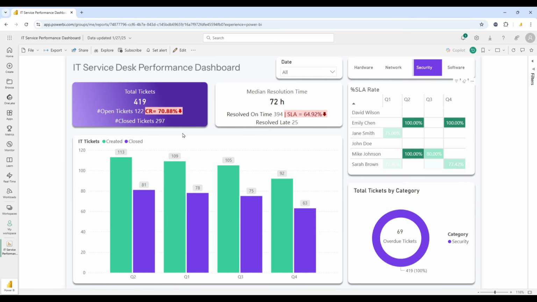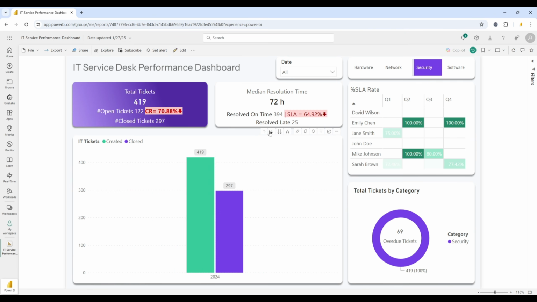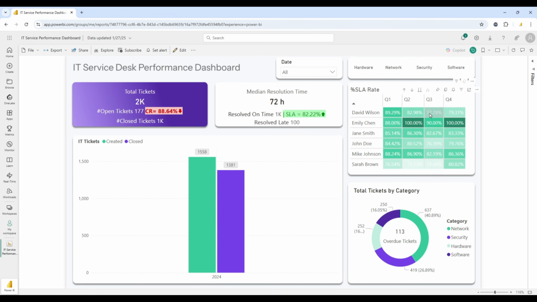Now let's move to our next visualization, which is a column chart that shows a comparison between created and closed tickets over a period of time. One of the key functionalities here is the drill down option that allows us to analyze data at the year, quarter, or monthly level. In the top right corner, we have a heat map visualization that displays the SLA rate